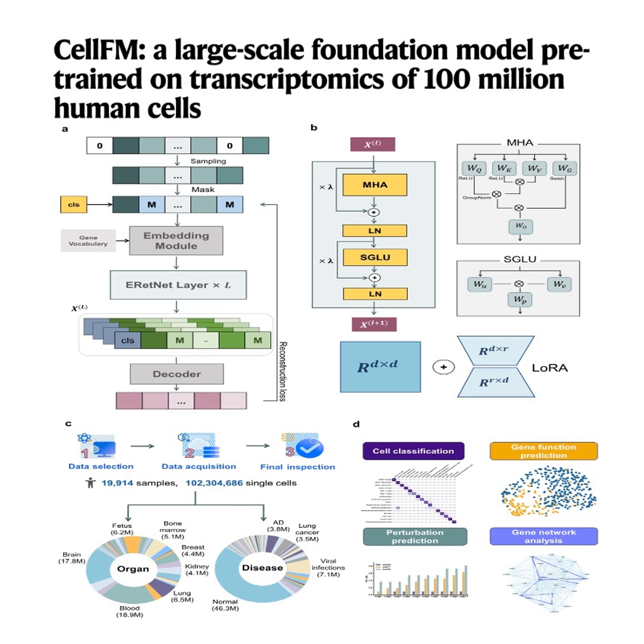This module is smart about handling cells with different numbers of detected genes, too, usually focusing on the most highly expressed ones up to a certain limit, around 48 genes per cell. So it creates these rich fingerprints. Then what happens? This is where the core learning happens, during pre-training. CellFM essentially plays this game, a masked prediction task. It randomly hides, or masks, about 20% of a cell's gene expression values. Okay. And then it tries to predict those hidden values based only on the genes it can see, the unmasked ones. Ah, like fill in the blanks for biology.